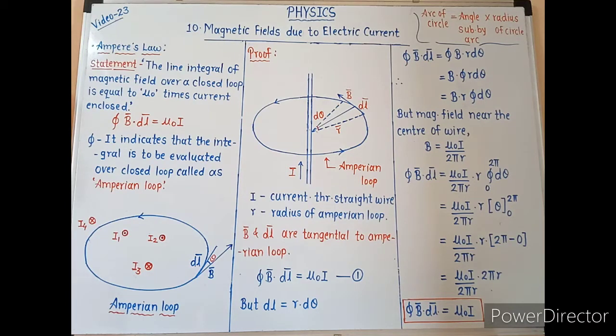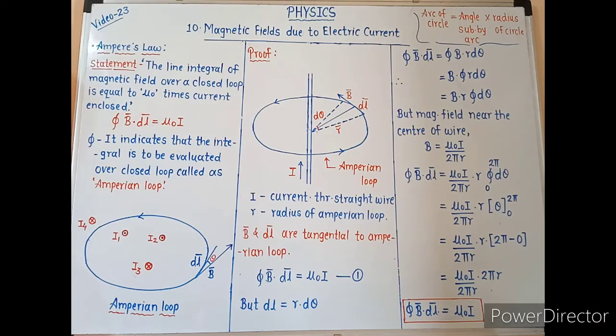And we know that if the distribution of charges is given, then we can obtain the electric field with the help of the inverse square law. In the electrostatics chapter, you have studied Gauss's law. This Gauss's law is also related to the electric field. And if the distribution of currents is given, then we can find out the value of magnetic field B bar with the help of this Ampere's law.